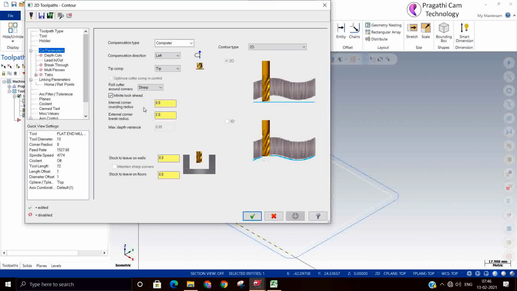Next is stock to leave. If you want to leave some stock, you can leave it. So on the wall, I just want to leave 1 mm stock. I will regenerate.